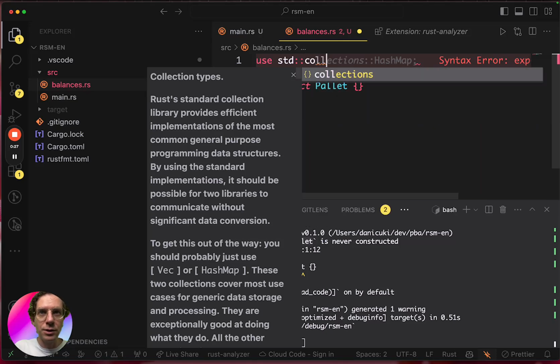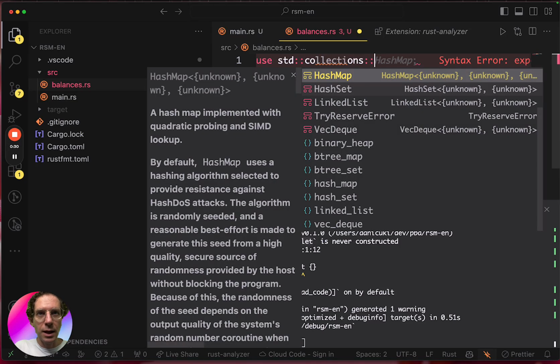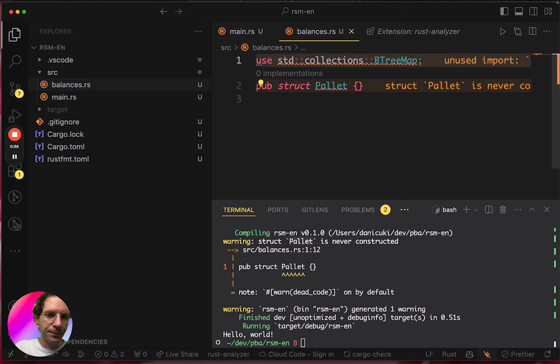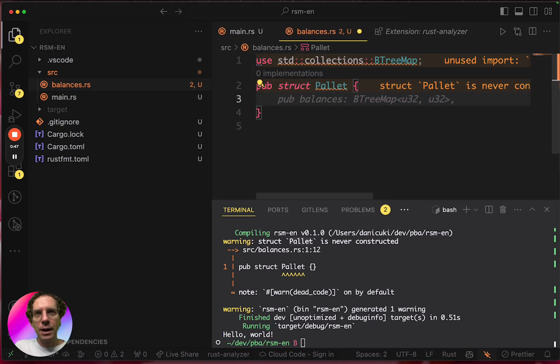In this case, we're going to use the collections, and we are going to use the BTreeMap, which is a very, very interesting structure. Basically, it's a key value store. We can store values in this structure, and I'm adding to my structure. The palette structure must have some fields, which I will call the first one balances, and it will be of type BTreeMap, string, and